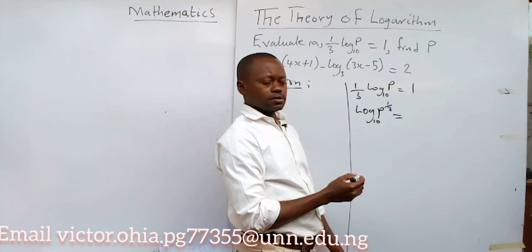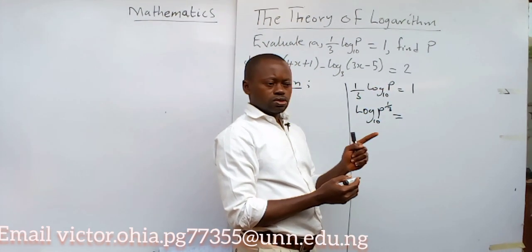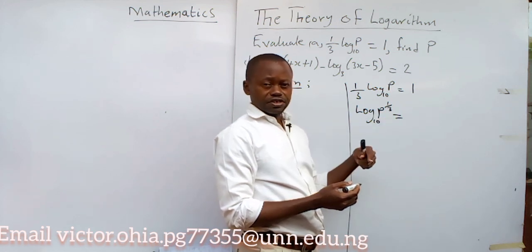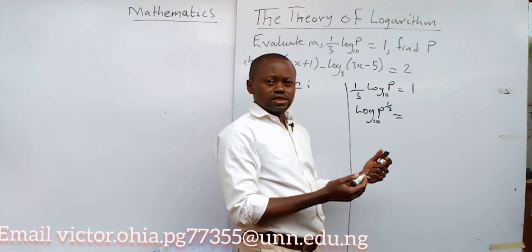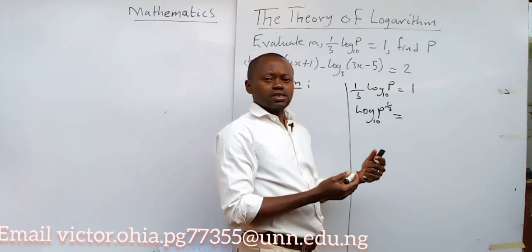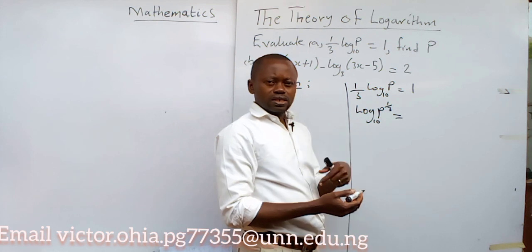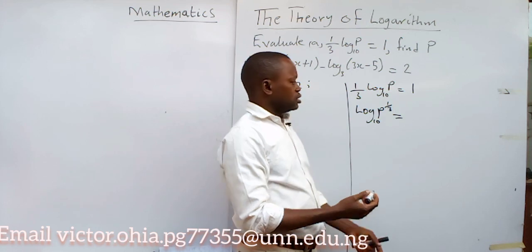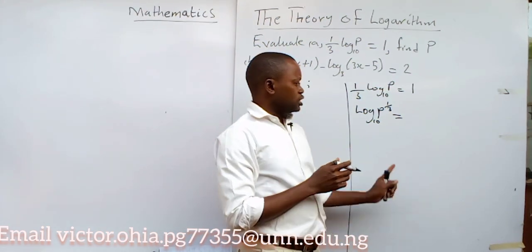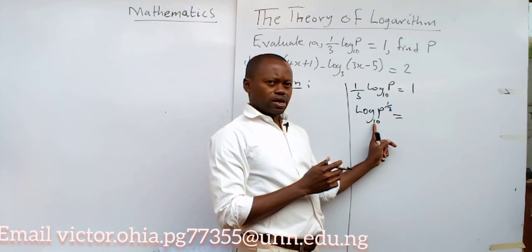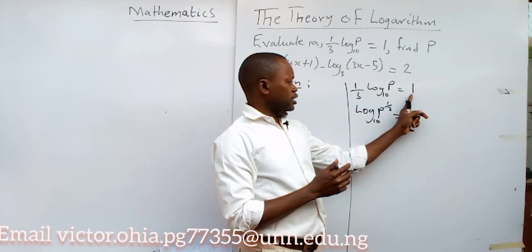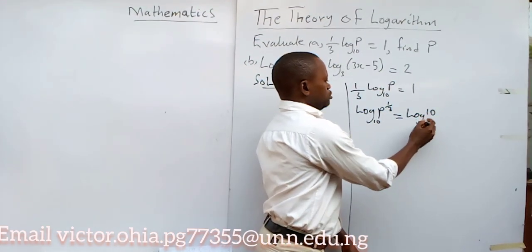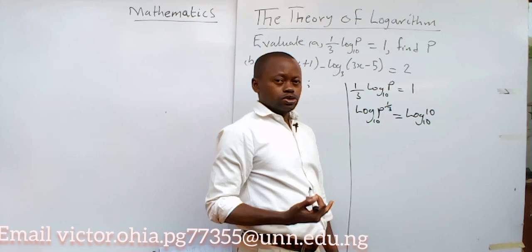equals 1. Now, you also know, or you can check out in our last class when we were introducing the laws of logarithm, we were able to show that the logarithm of a number to its own base is equal to 1. We used the example to buttress that. So I am going to introduce something similar to the logarithm of a number to its base. So permit me to rewrite this 1 as log 10 in base 10,